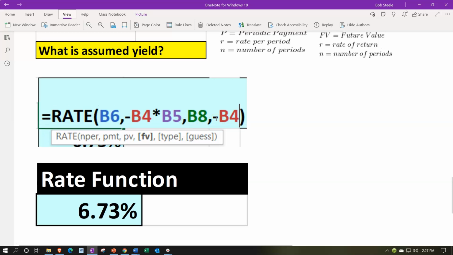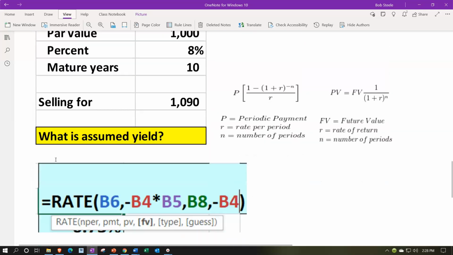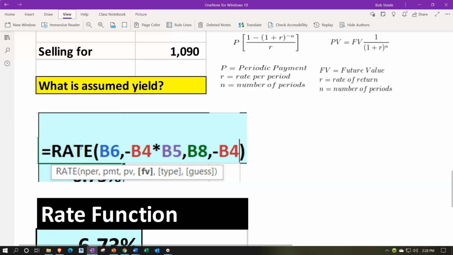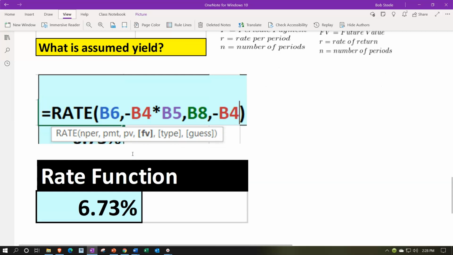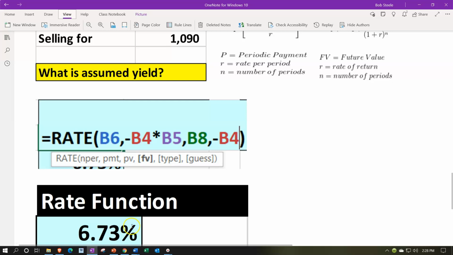As we've been using these present value formulas, you'll note that we've been entering them with a negative, so we can flip the sign to make it a positive number. This formula, because it's a bit more complex, you have to make sure that you have the proper negatives in place. You can also use the dialog box to help calculate this one, which we will do when we do this in Excel. This is the more straightforward way to get there in Excel, but again, it's a little bit tricky to get there,